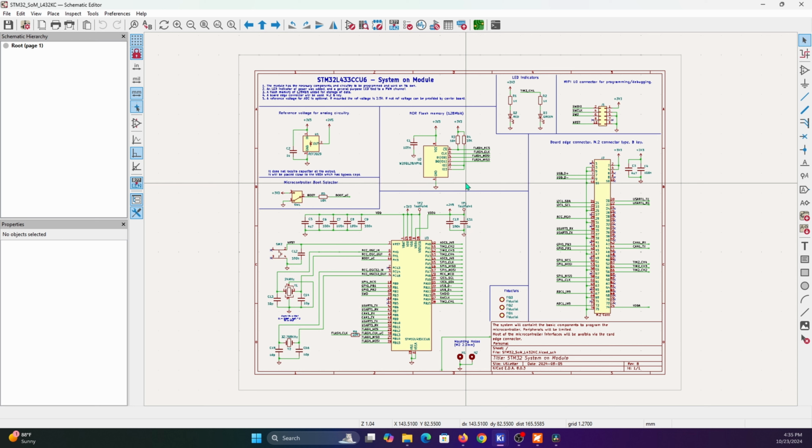For some time, I've been wanting to create a custom board, like a system on module that I could easily install on different carrier boards depending on the functionality that I wanted to test. I wanted something that I could easily install and remove and use in different projects. So I came across the idea, or I took the idea from one of the